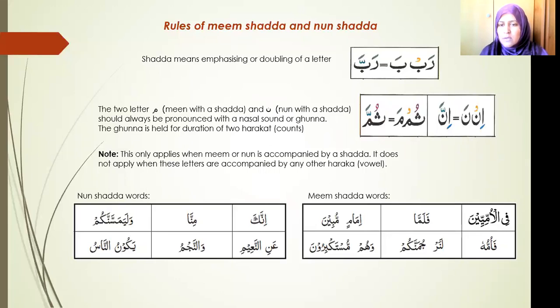لَنَرْجُمَنَّكُمْ وَهُمْ مُسْتَكْبِرُونَ. So here you can see that there are 3 meems. The ha has got a meem sukoon after it. And here there is a meem shadda, which means we're going to merge their sounds. We will join this meem to the ha, and we nasalize it for 2 counts, as well as doubling it up in our mouth. We move on to examples of a noon shadda.